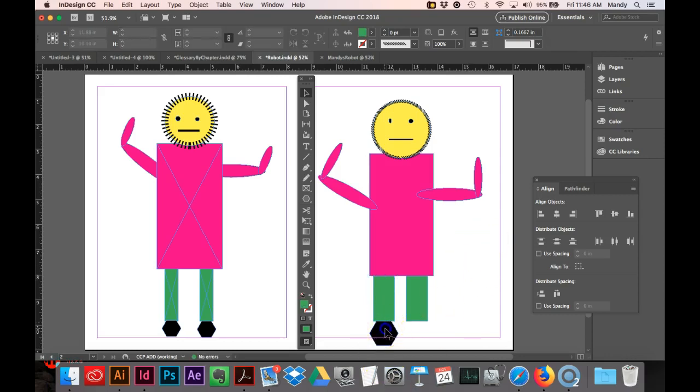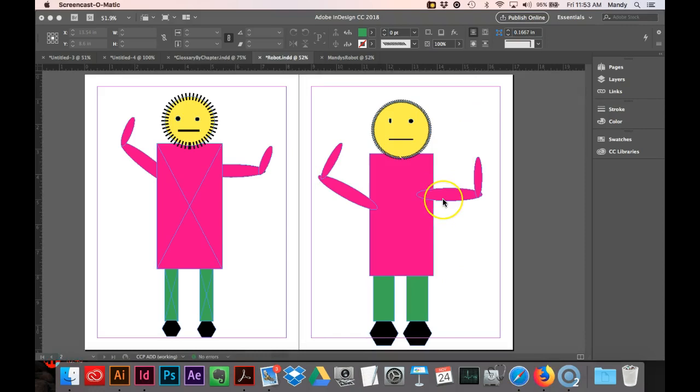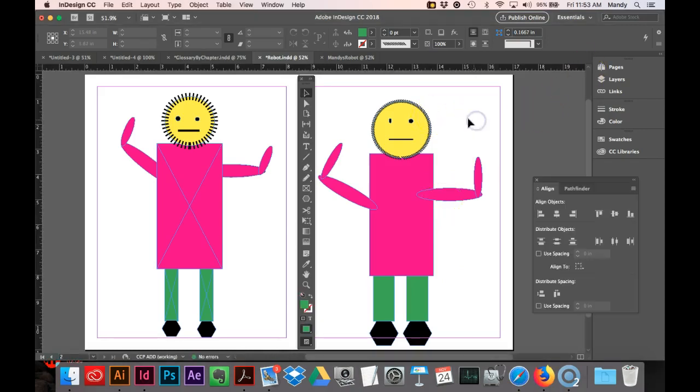And again, I can click here, hold down my Option Shift key to duplicate it, and do the same thing here. And just for practice, shift click both of these, align the objects on their horizontal center, and there we go. So have fun, play with the various different tools,